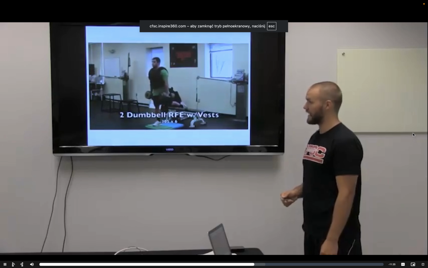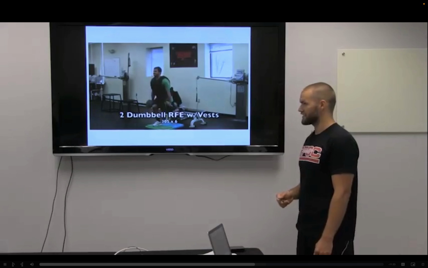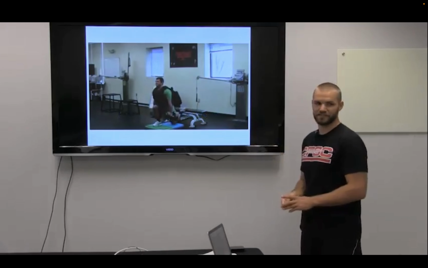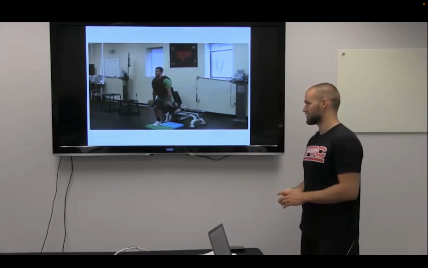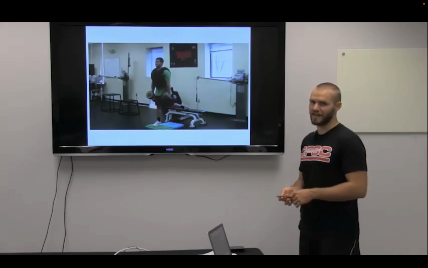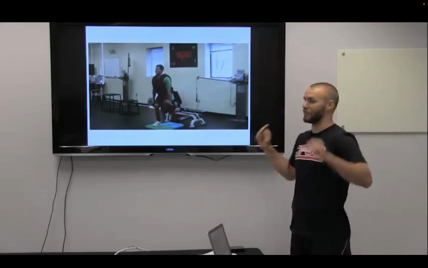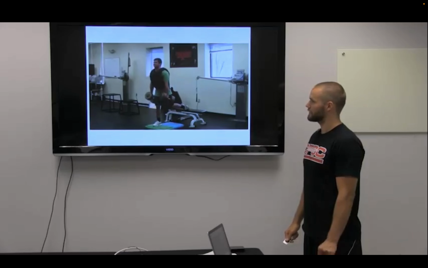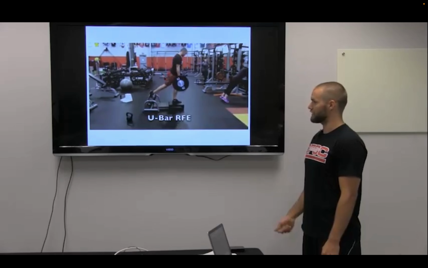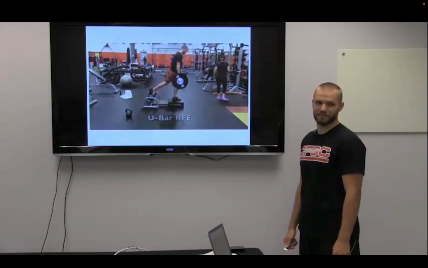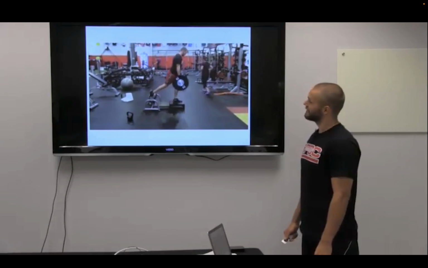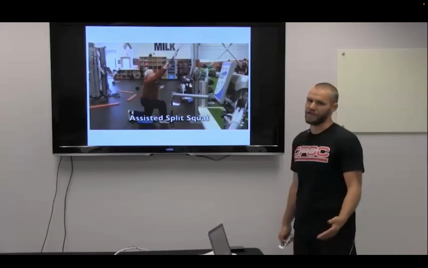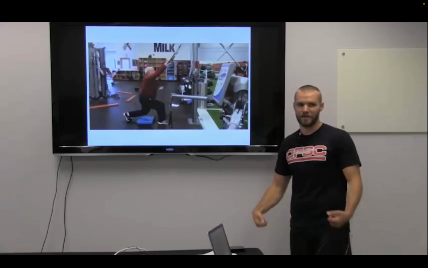That's strong. So then now we have Ben Bruno, who is a freak on a single leg. That's 2 dumbbells with weighted vests. That's 305 pounds of external load for 6 reps on each leg. So that should give you some idea of how strong somebody can actually get before you even need to think about putting a bar on their back. And then this is U-bar, that's 405. Just kidding, it's not 405, that's 95. But the U-bar works pretty well for this exercise if you have it available. If not, I would just keep loading up the dumbbells with the vests.